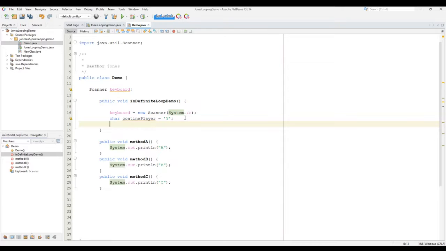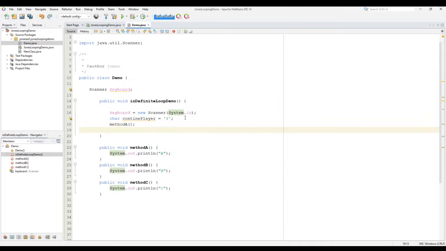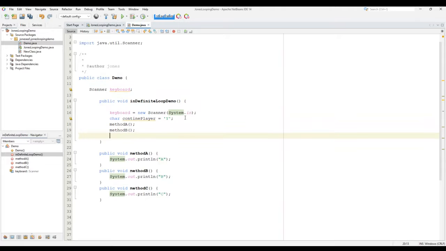So let's go ahead and call the three methods. So the first method we want to call is A. We're going to call A to be executed. And then let's say go ahead and execute B. We know we want to execute these three methods. And we'll do the same for C. So we've executed our methods. Now we'd like to ask the user, hey, would you like to